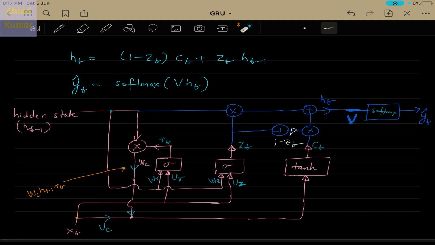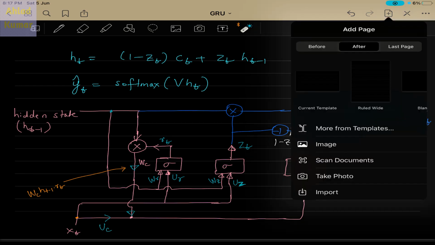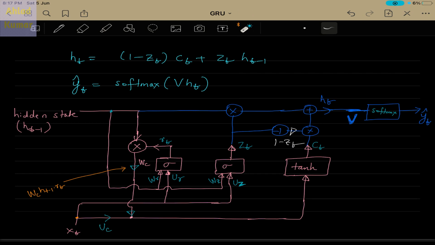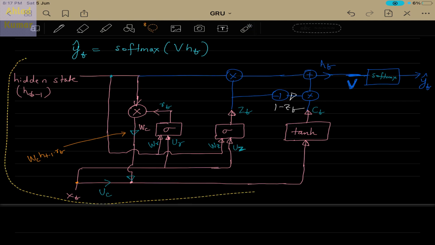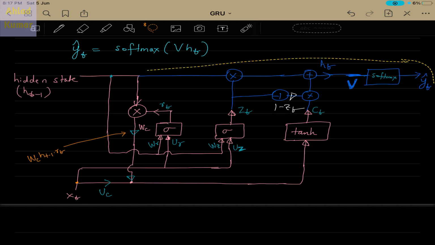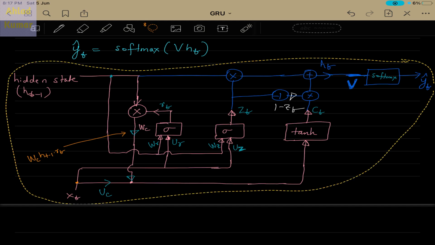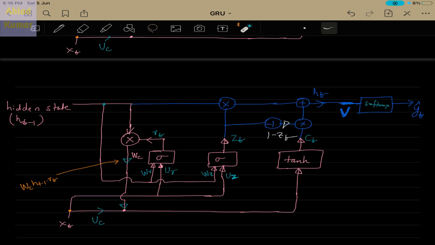So the important thing that I want to discuss now is whether this particular architecture, the GRU unit, which is an advanced architecture of LSTM, solves the problem of vanishing gradients or not. Let us see whether this is happening in case of gated recurrent units or not. So let me copy this. Here you see that we have this HT-1, which is the previous information, and we are passing it to HT, which is the next information that is passed to the next state.